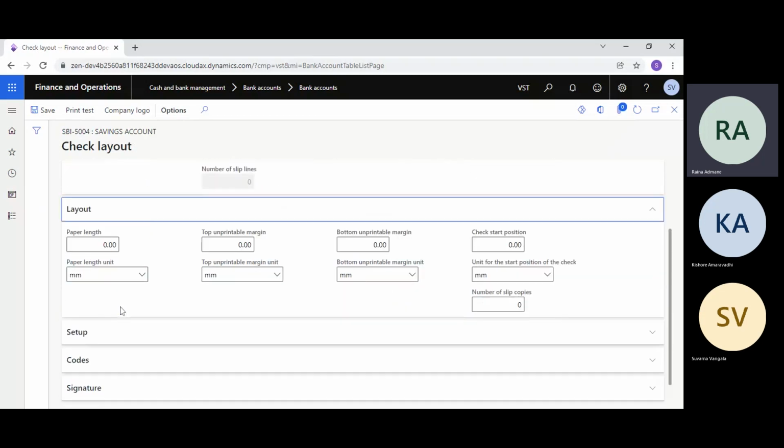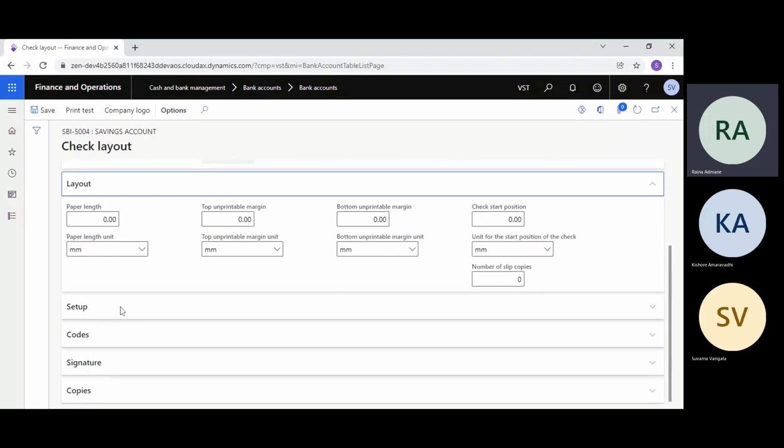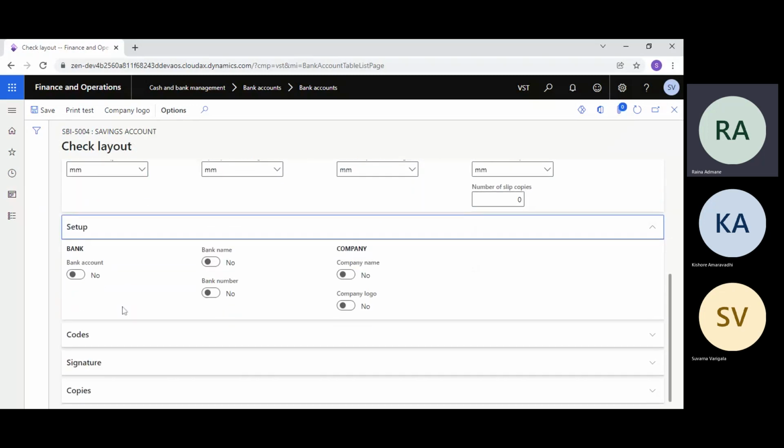All this layout part we have to set up here so that whenever it goes for printing, it will print properly, because sometimes the check is pre-printed stationery. Setting up a check layout on pre-printed stationery is quite a tough job because its alignment is very important.